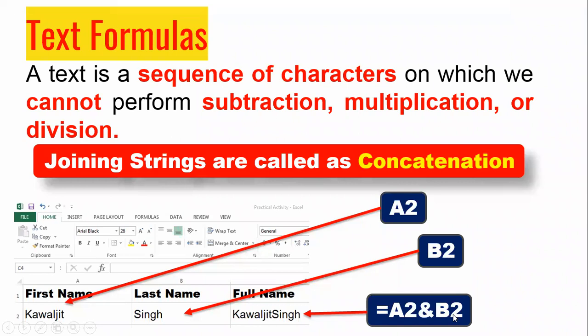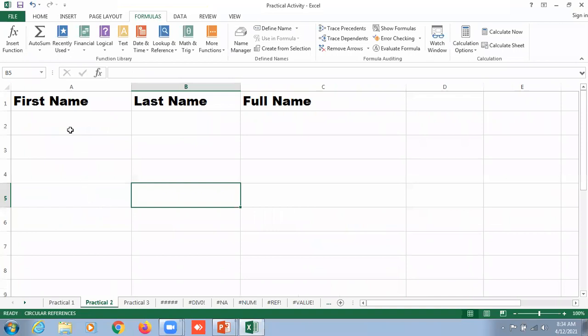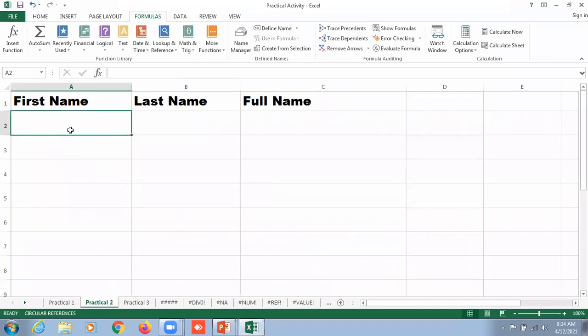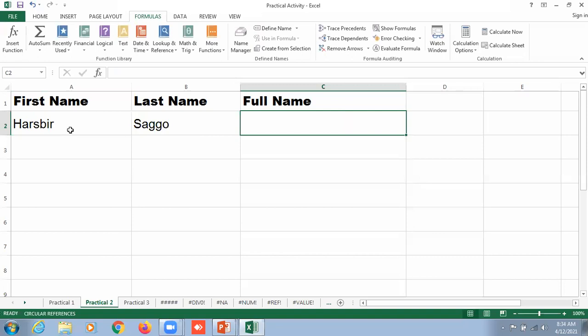And now we are going to perform this as a practical. Kindly concentrate. I am just going to mention here Harshbir and Sagu. Sagu sahab, agar kuch galat likha ho to maaf kar dijiyega. Now, as we know, when we perform any kind of formula, we are supposed to insert an equal to sign, and after that click on Harshbir, and now the address of that cell is shown.